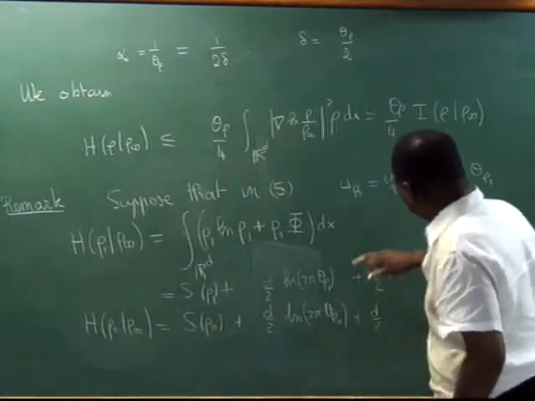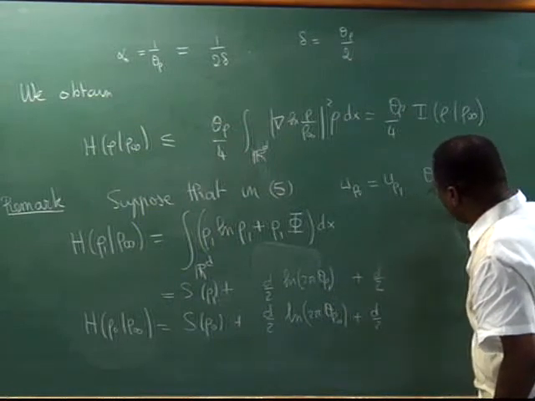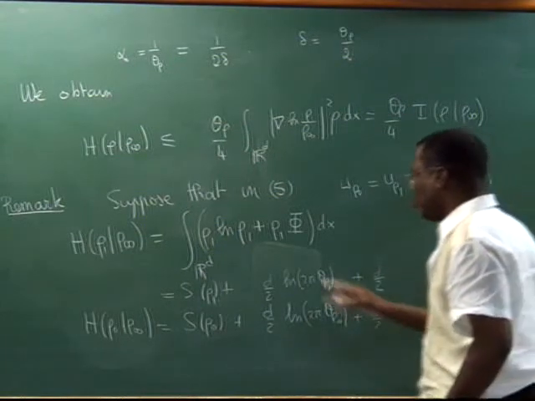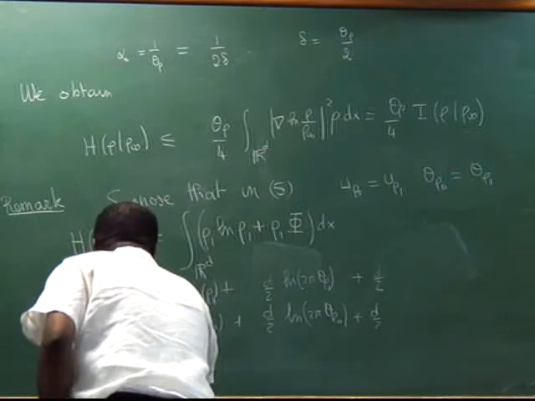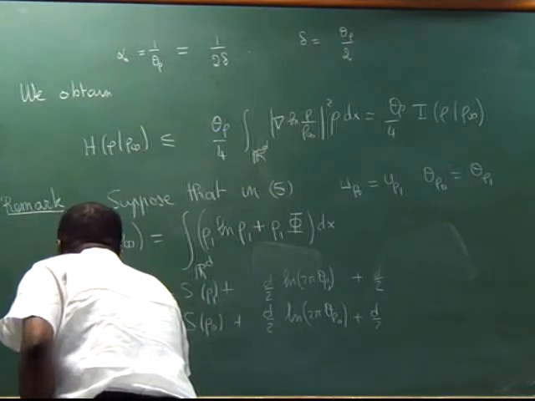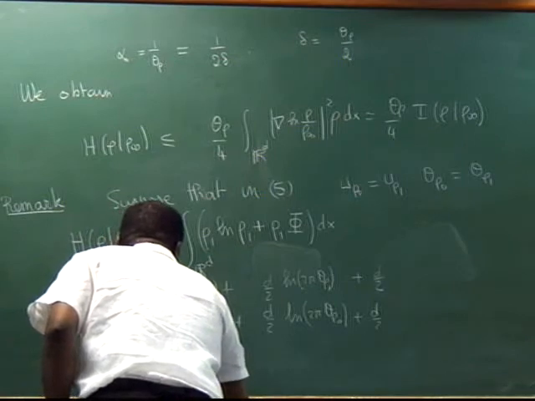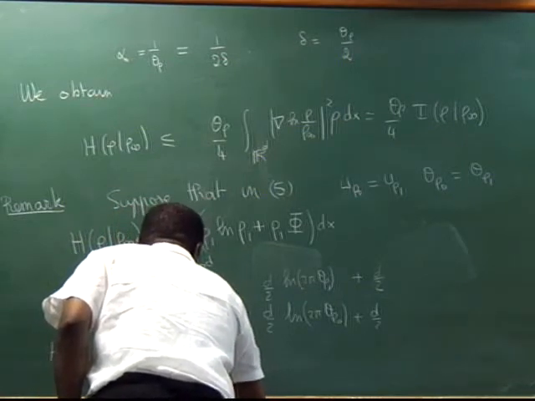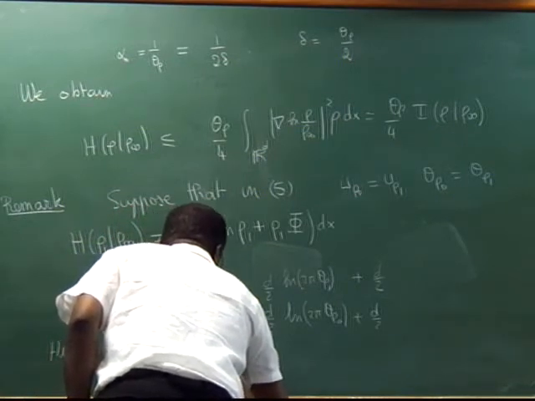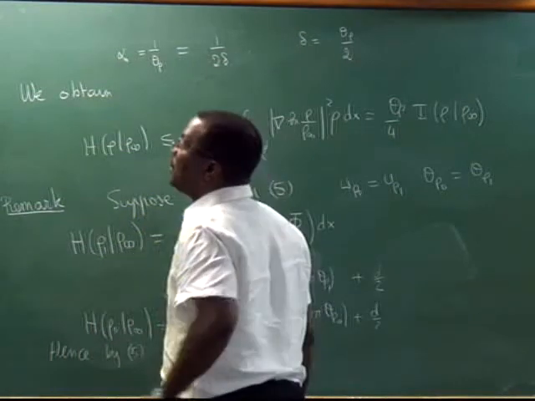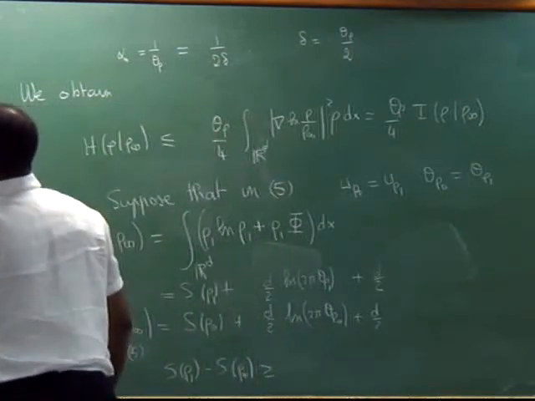But theta rho naught equal to theta rho 1. And so I am going to conclude that S of rho 1 minus S of rho naught is bigger than what is there,